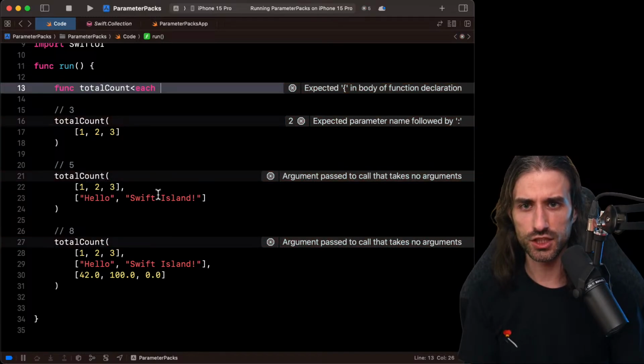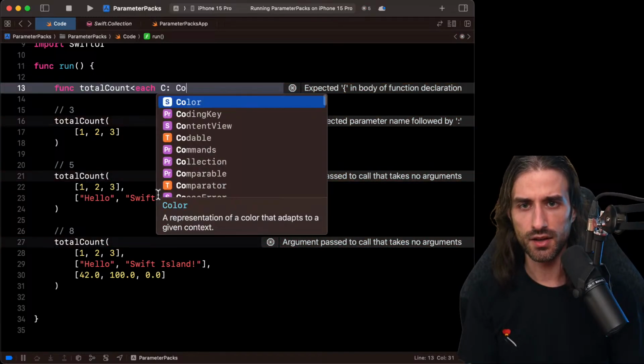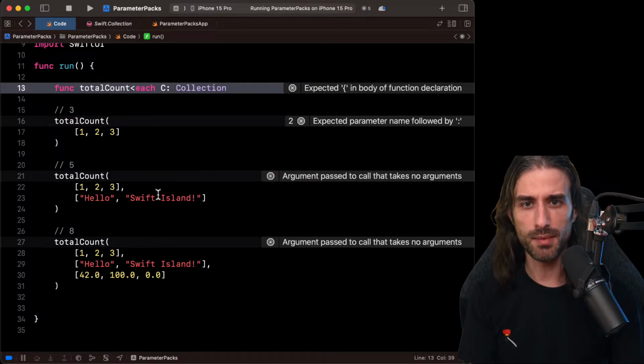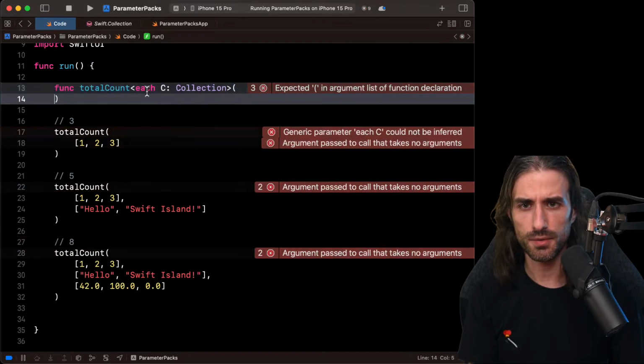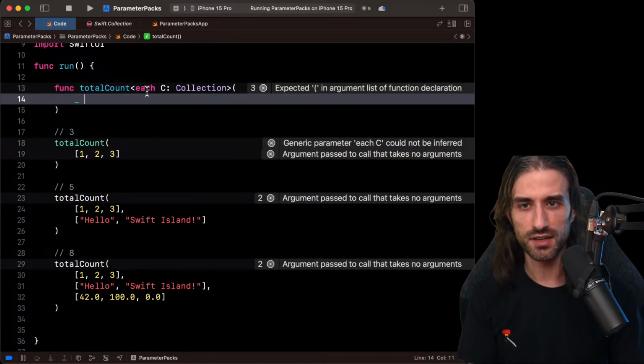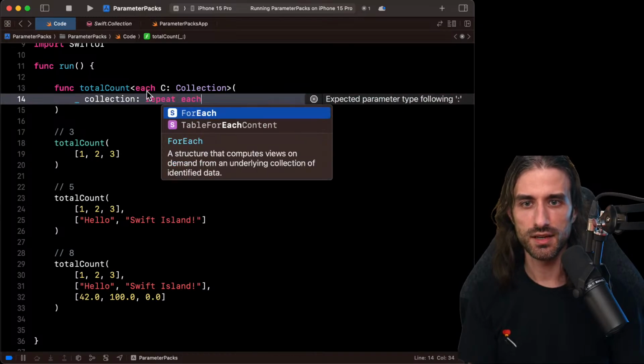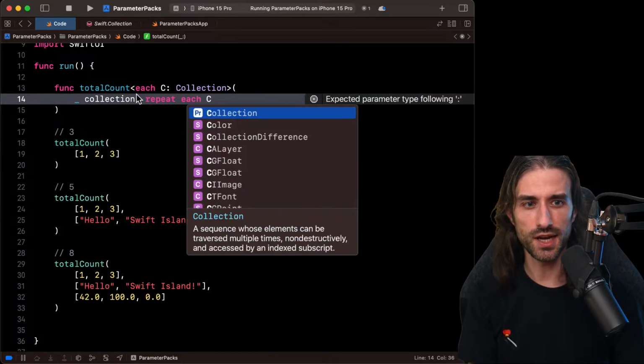So I'm going to say each C, and then each type in the parameter pack C must conform to collection, just like we did before. The list of arguments is going to be just like before also. So we're going to take an arbitrary number of collections, and so repeat each C for the type of the argument.